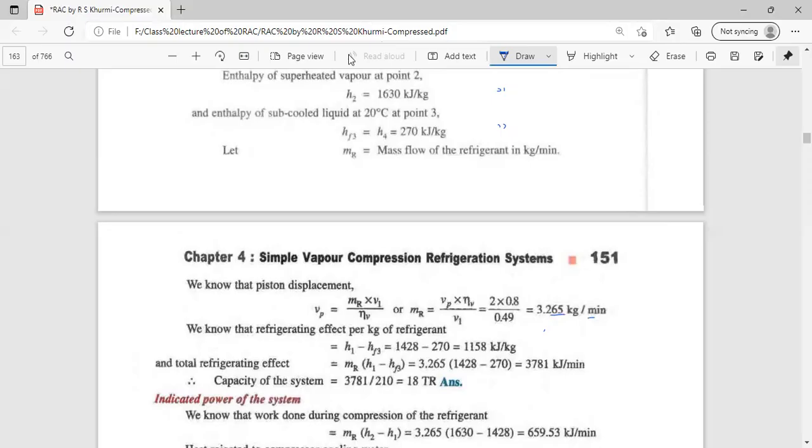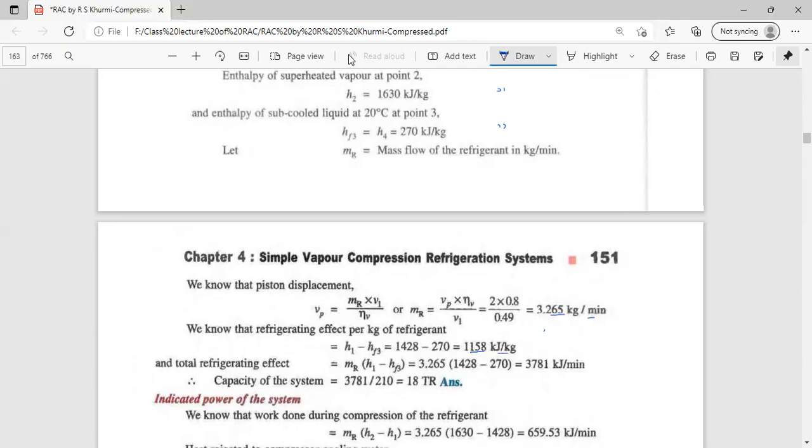So the refrigerating effect per kg of the refrigerant is given by h1, the enthalpy at point 1, the outlet, minus hf3, which is the enthalpy at point 3, the inlet of the throttling valve, which remains the same at the outlet of the throttling valve, as we are assuming that there is no heat transfer taking place in the throttling valve. That is an assumption, but it's not totally wrong. So we put these two values here to get the refrigerating effect of the refrigerator itself,